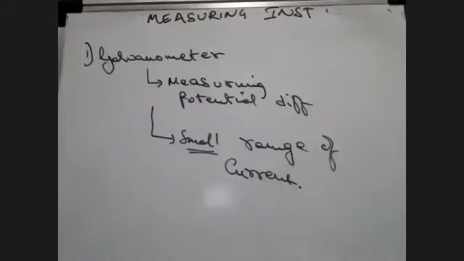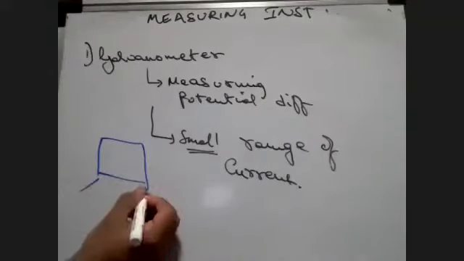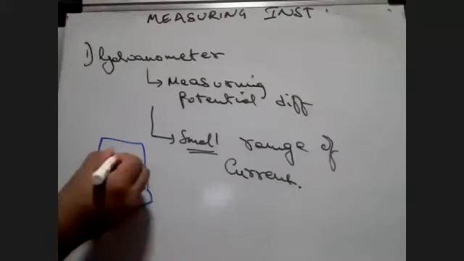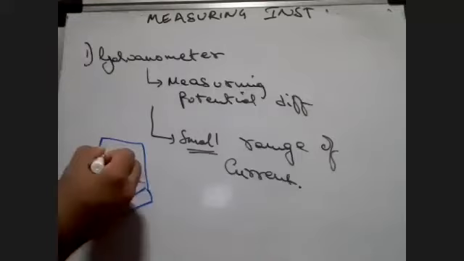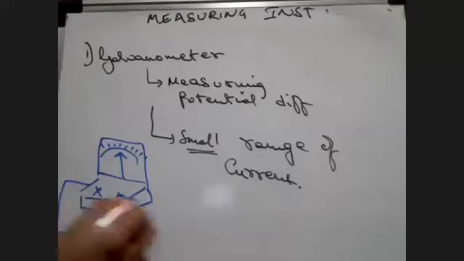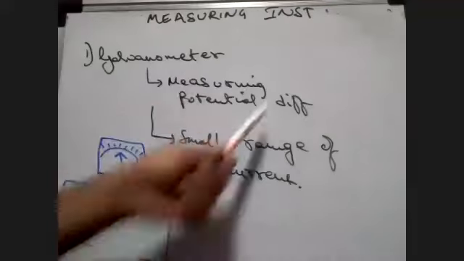The galvanometer is actually a very sensitive instrument. If we get an opportunity to go to the labs, I don't know when that will be, then you will see that the galvanometer is simply a box with a positive terminal here and a negative terminal here. It has a pointer with a scale in this manner. Whenever you connect a circuit, you have some value over here, which tells you either the potential difference or current.